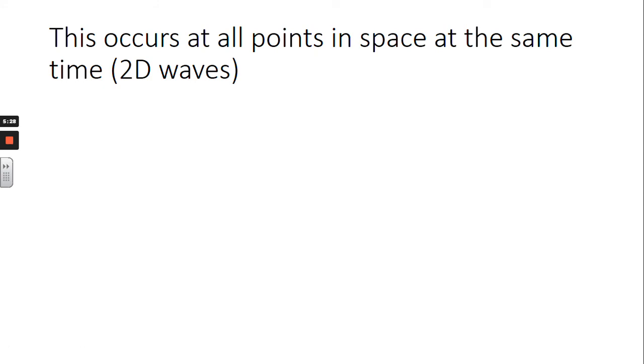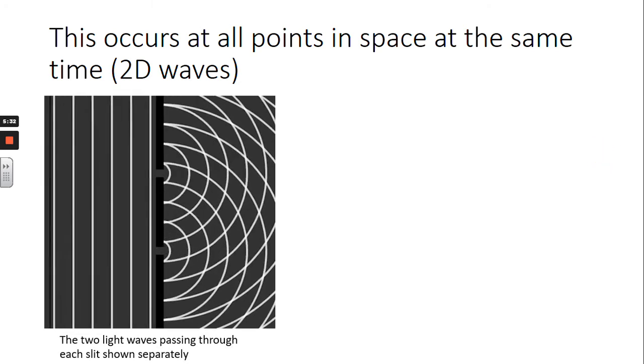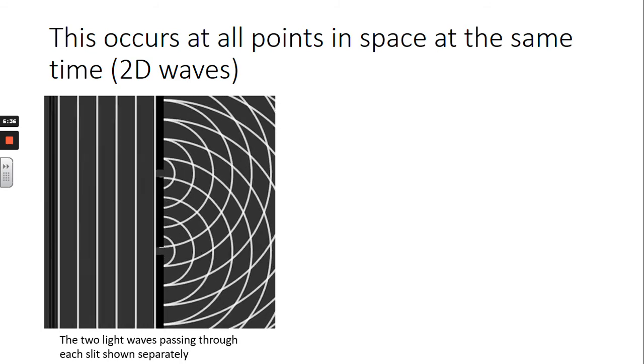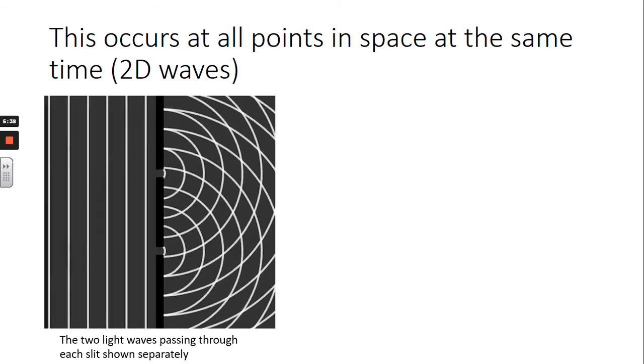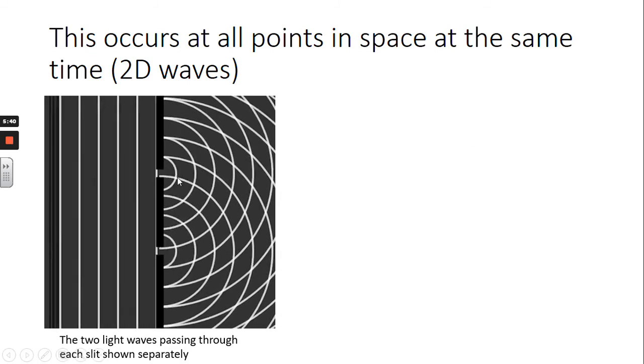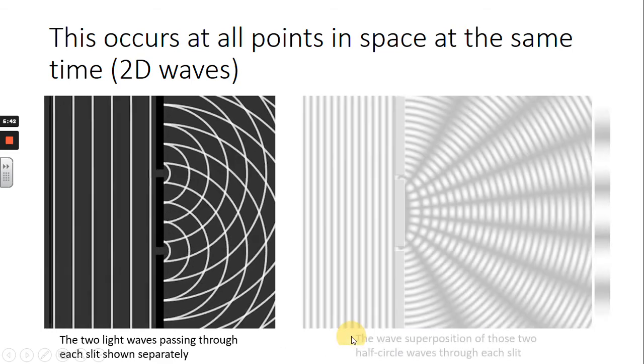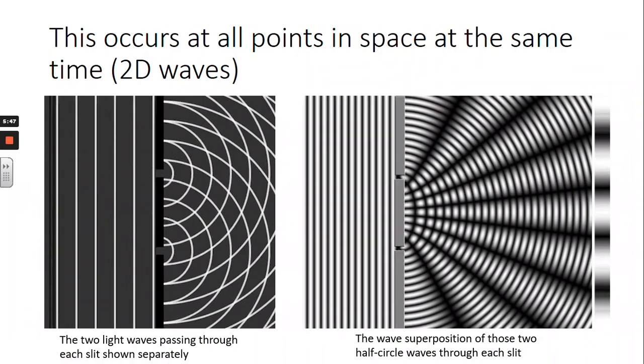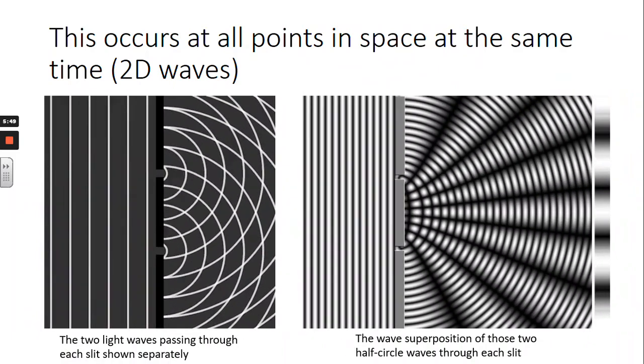These are two-dimensional waves. We're not just going to look point by point. In reality, it looks something more like this, where you have on the left the plane waves coming in, and then on the right you have two separate circular waves. And the result of this, when you add those two circular waves together from the left image, you get something